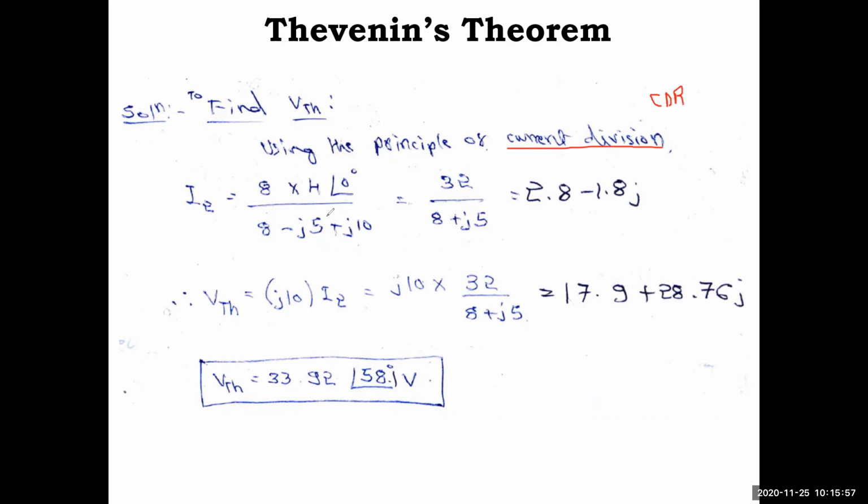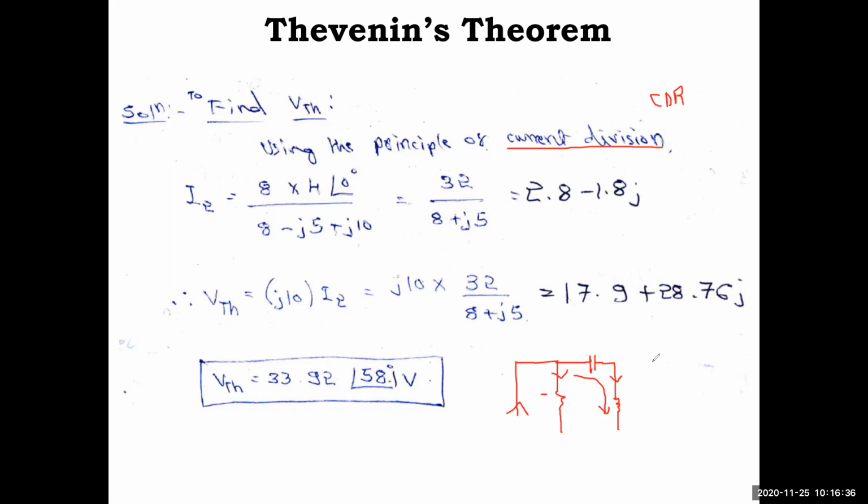Now in this circuit, you had a current source in this branch, and then you had a resistor in this branch, and then you had an impedance of minus J5 and an impedance of J10 in this branch. So this is like a series, you can consider it as a series. That's why I have considered this as I2 current, and this is I1 current. This is the total current here, which is 4 ampere. How the 4 ampere is divided among these branches is found using the current division rule.